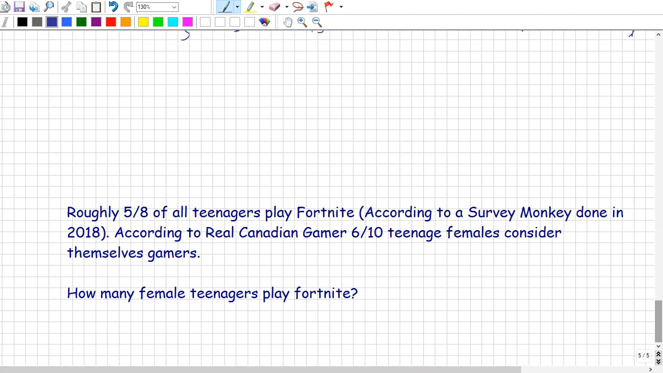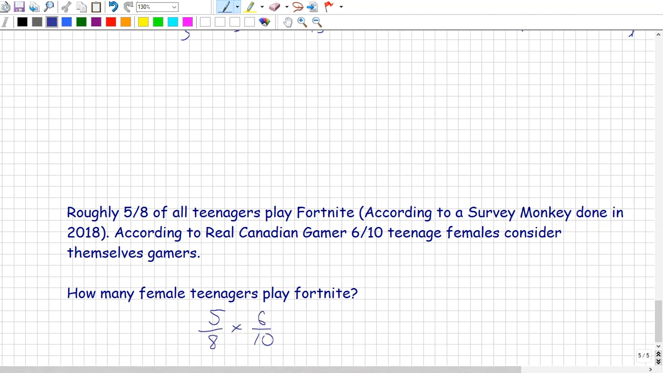And I was trying to think of a more applicable question. So maybe this is applicable. So 5/8 of all teenagers play Fortnite. Of those, according to Real Canadian Gamer, 6/10, 6 out of 10 are teenage females who consider themselves gamers. So we're going to multiply again. 5/8 times